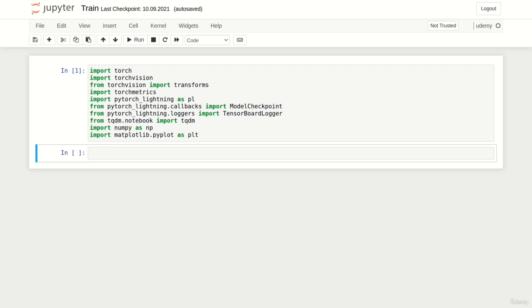In this lecture we will create and train the classifier on the chest X-ray dataset to classify whether an image shows signs of pneumonia or not. I have already imported all the necessary libraries including Torch and Torch Vision to create the model and the data loader,